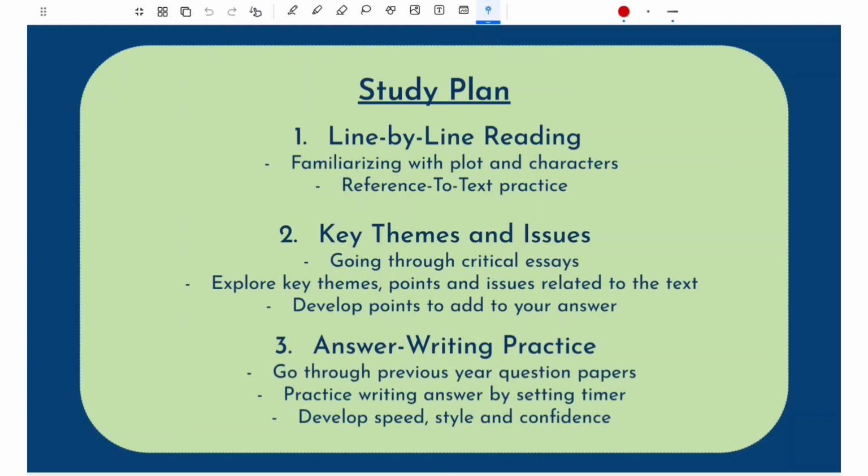Now first and foremost, you have to go through a line by line reading of every text. Now I know it can get difficult for most of you to do that, because you can be having difficulty with the Old English language, or you can just have less time. But the reason that I'm stressing on this point is because in your question paper you have a lot of